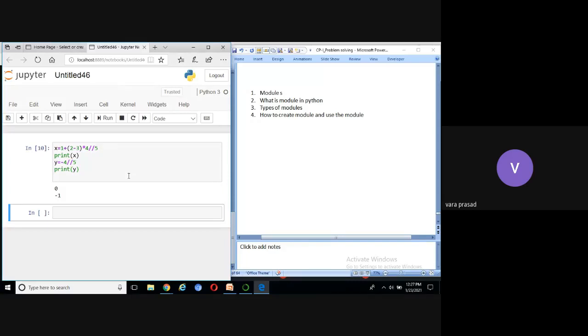Okay, you can do one thing. You can note down this question. Why is this expression displaying 0? 1 plus 2 minus 3 star 4 divided by 5 is displaying 0. Then minus 4 divided by 5 is displaying minus 1. Next class you can give this answer. All of you note down this question.